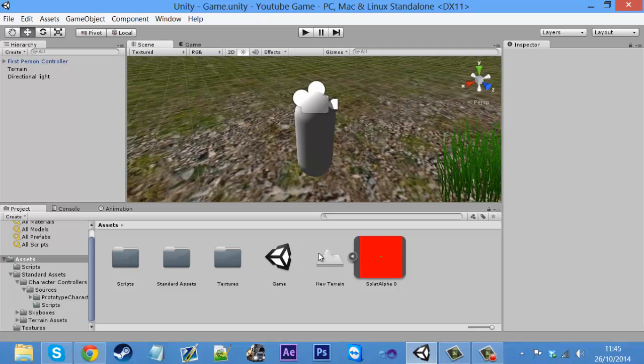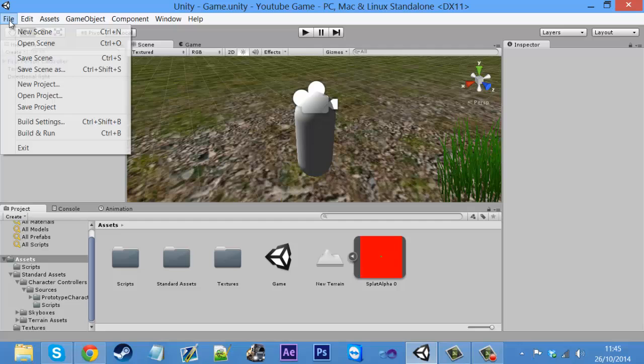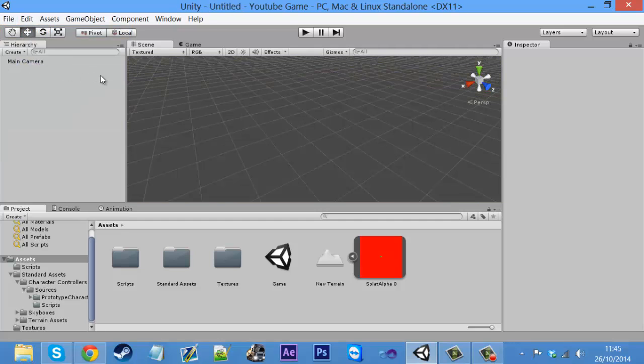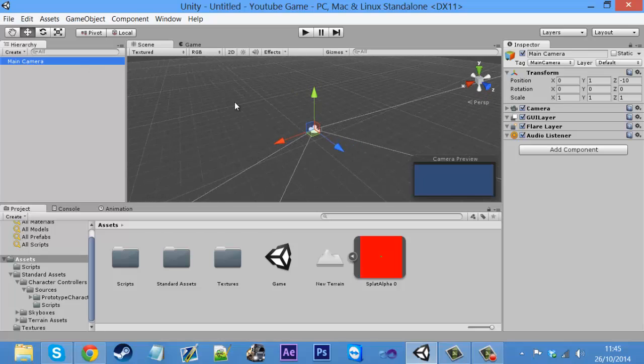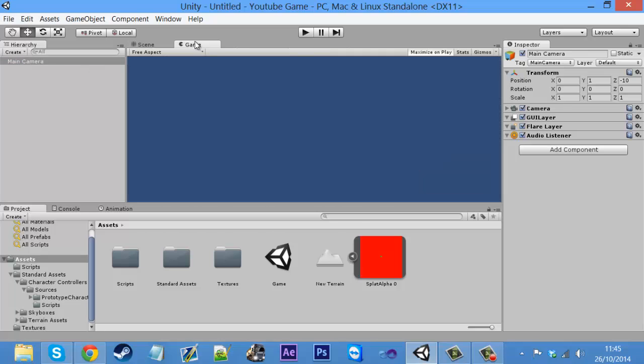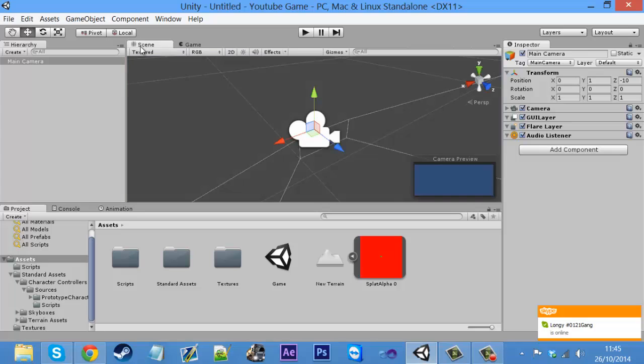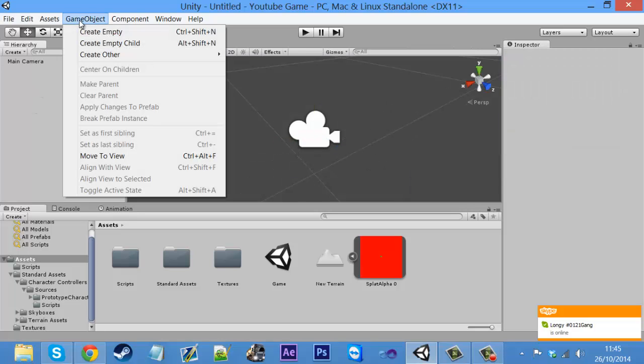So let's start with this. What we're going to do for the main menu is we're going to need to create a new scene, and to do this just click File, New Scene, and then we go to our main camera. So basically if we start, we're just going to see this blue screen which we don't want. So let's just create